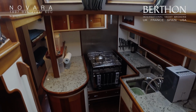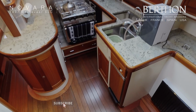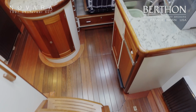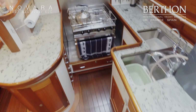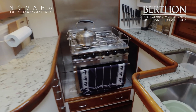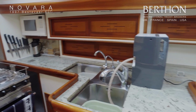And then down into the galley, which is enormous. Not only does it have the ability for you to wedge yourself when you're cooking at sea, but it's cleverly designed so that two people can work together and not get in the way of each other. Sort of triple sink,